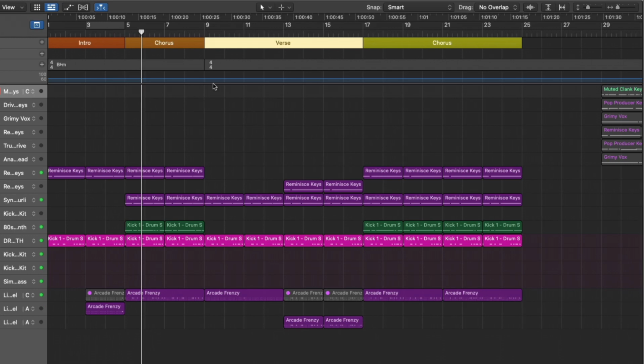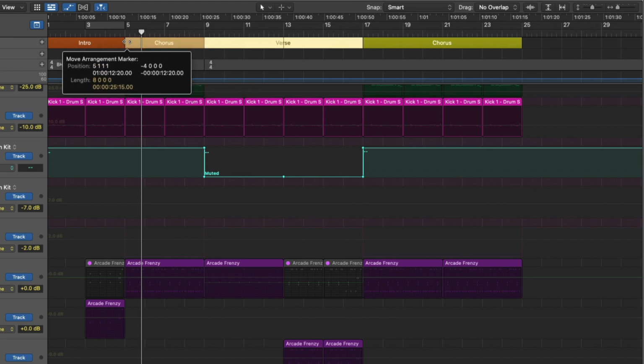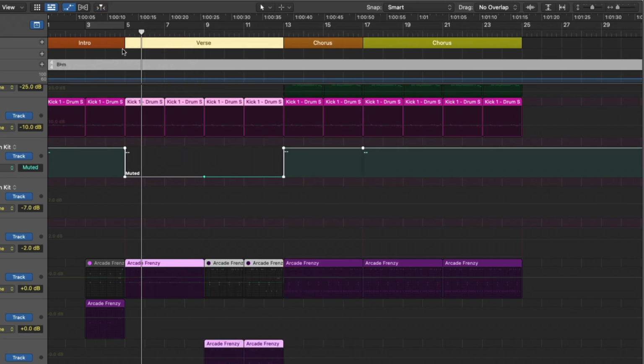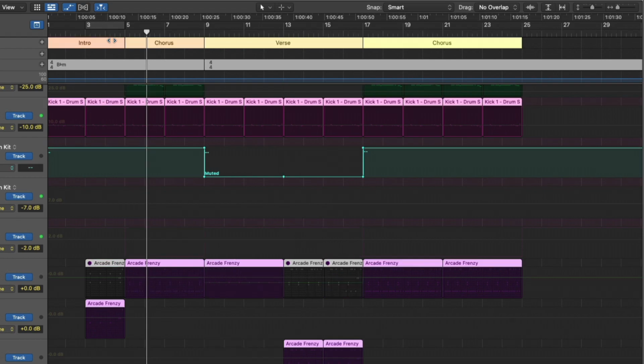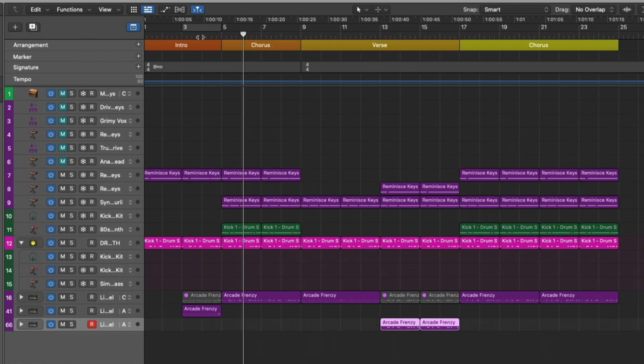Awesome. And now if I move this verse, I'm actually going to open automation mode so you can see me also move some of the automation around. Everything's copied over. Amazing. It's so easy. You can also populate an entire song worth of drummer regions if you go ahead and